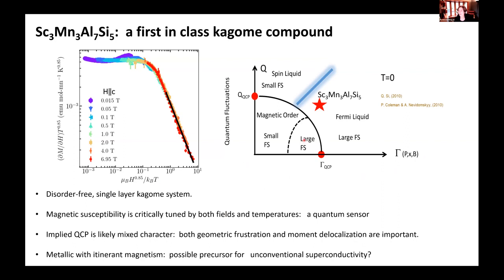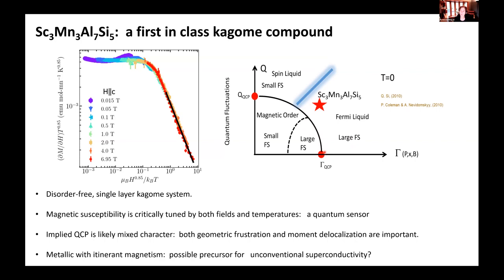And my proposal is that we would place SMAS essentially here. We know that it is a large Fermi surface system because we otherwise could not explain how small the manganese moment is, but the manganese moment is not zero. And so that tells us that we must be relatively close to this critical line, which is where the Fermi surface, the extended, large Fermi surface, collapses. So somewhere close to this line.